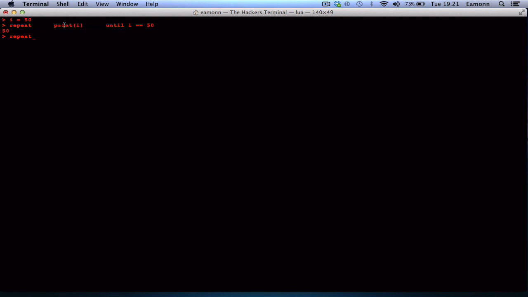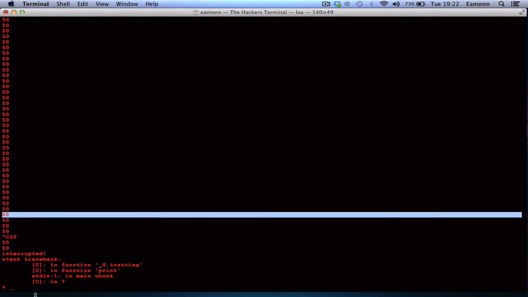So this is useful if you want a particular block of code to only run once, and that is the least used loop. But you can make an infinite loop with this really easily. i equals 50, repeat print i until i is equal to, say, 1.